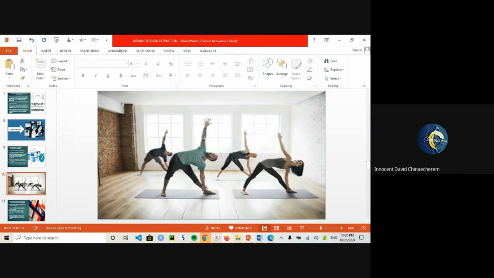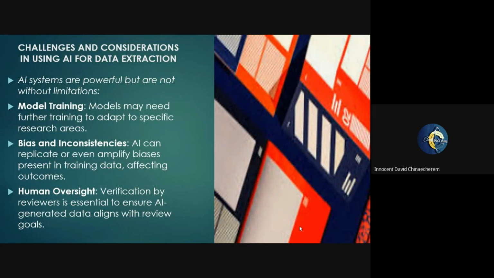So I'm going to move ahead with our exercise and talk about some of the challenges. What are some of the challenges? Some of the challenges and considerations in using AI for data extraction is sometimes the model training. Sometimes when we put in some of the studies, there's a time we want to use the references, and it happens that when the AI searches the web, there are lots of things that it doesn't have. And again,